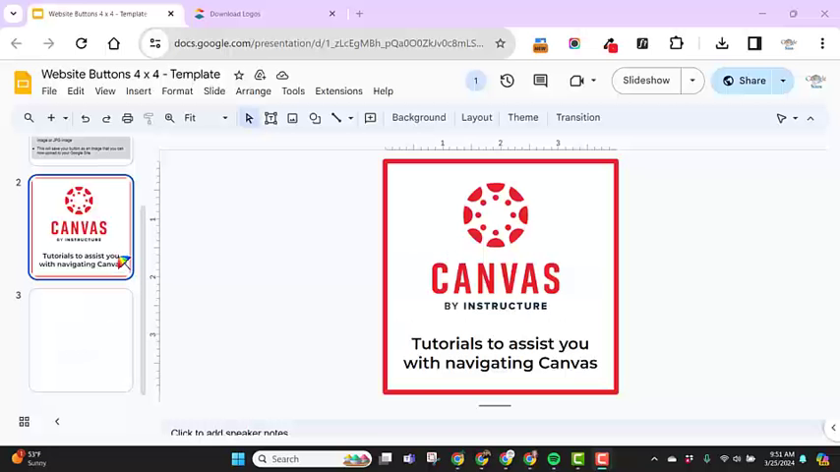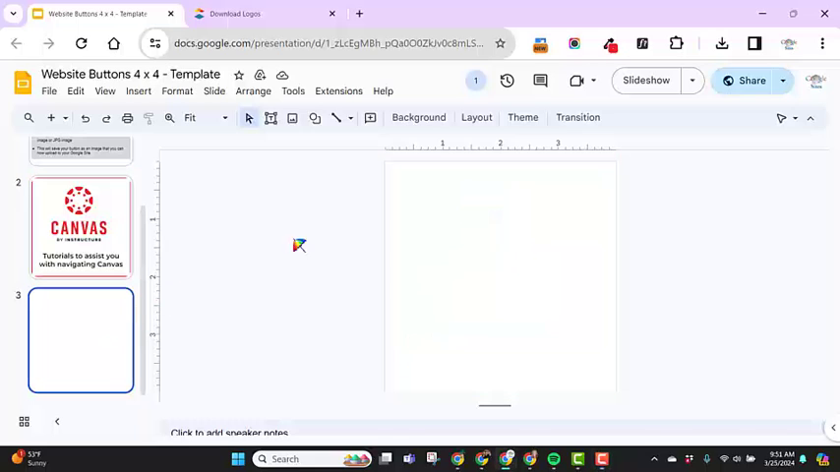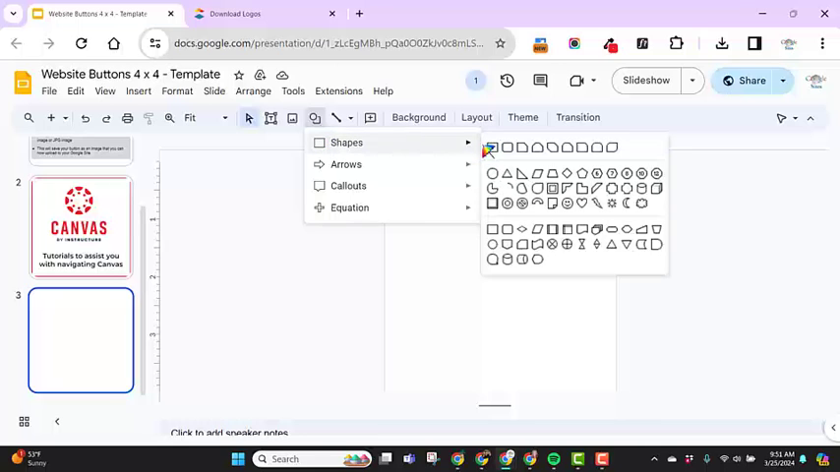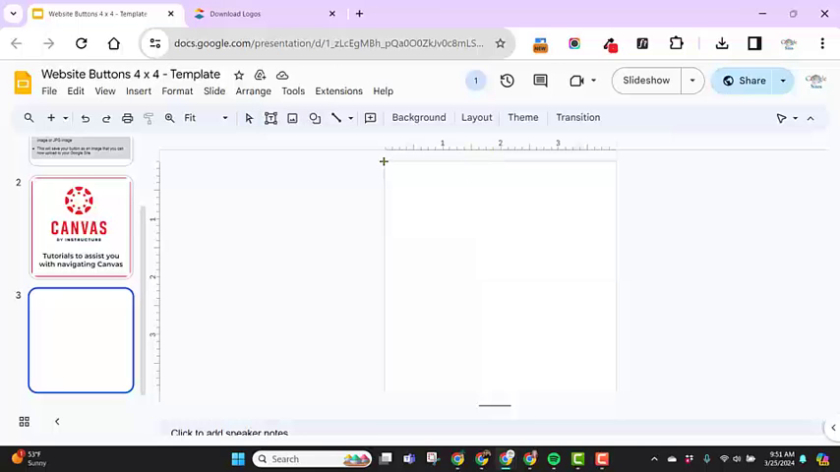In this video, I'm going to show you how to create this button. So we're going to go to a new slide. First thing I want to do is insert my border. So I'm going to come to Shapes, Square, left click in the top corner and drag it down to fill